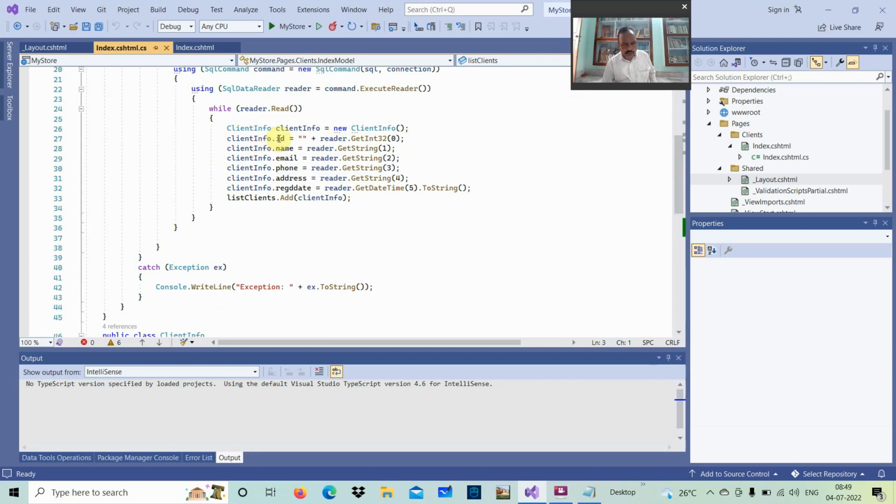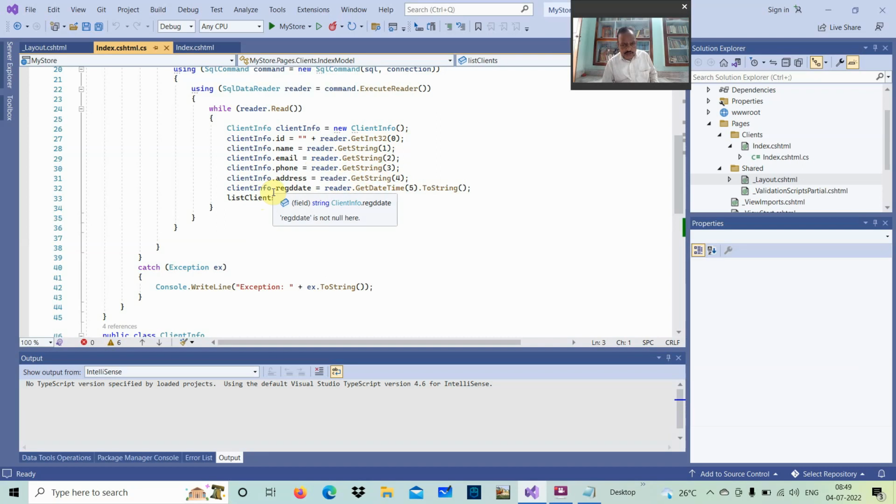Then client info.id, initially it is blank here, and automatically it will get into integer 32, passing it here. Then client name get string, email get string, so it is starting 0 1 2. Then why okay, it is because id is starting 0. Then phone get string, address get string, it is 0 1 2 3 4.